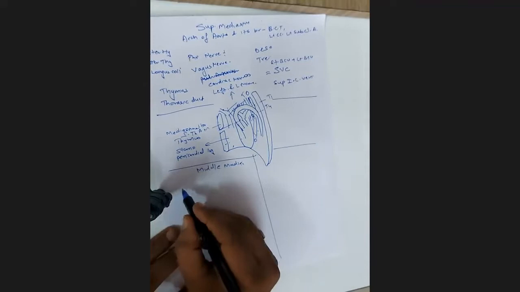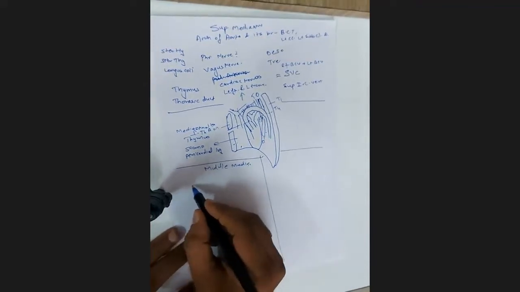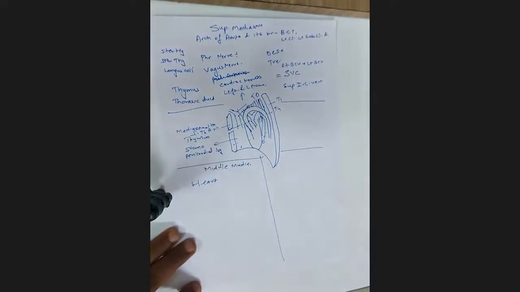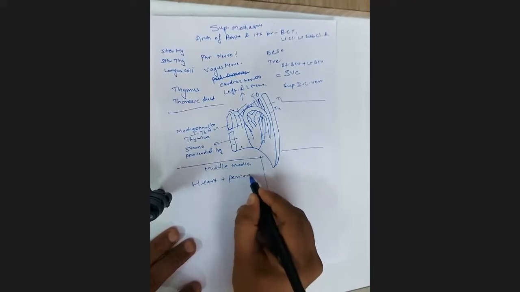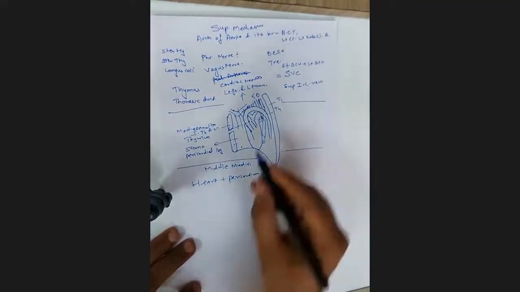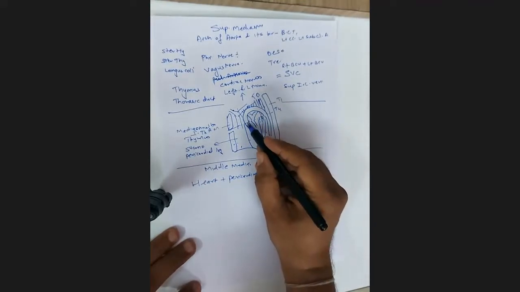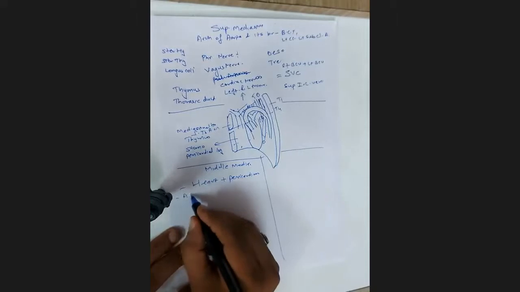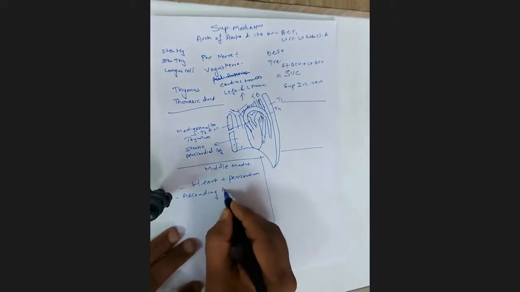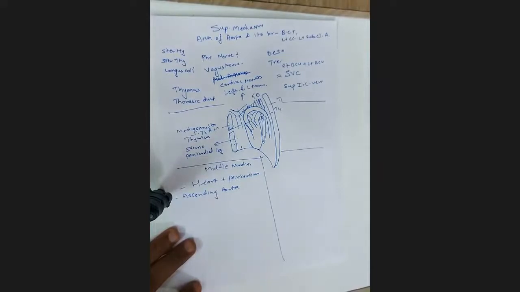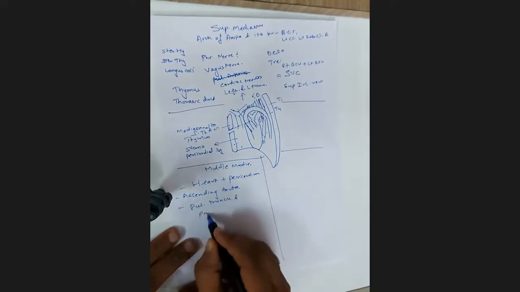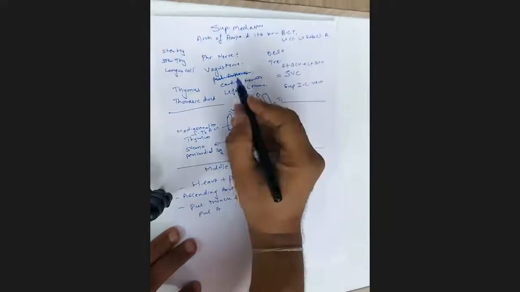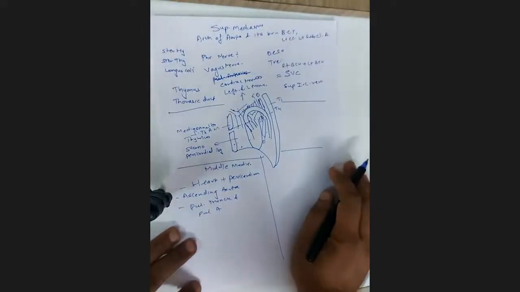The main content of the middle mediastinum is the heart with pericardium. Now we know that the ascending aorta goes up to the T4 level and becomes the arch of aorta and enters the superior mediastinum. So the ascending aorta is here. There will be the pulmonary trunk and the pulmonary arteries. Initially, we had mistakenly written pulmonary arteries as a part of the superior mediastinum, but pulmonary arteries are part of the middle mediastinum.